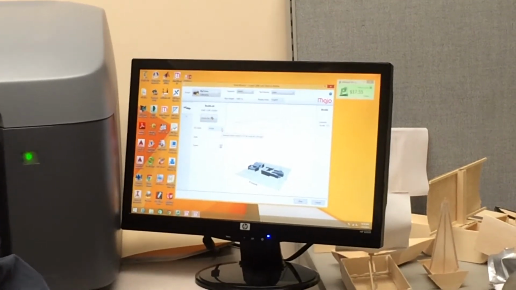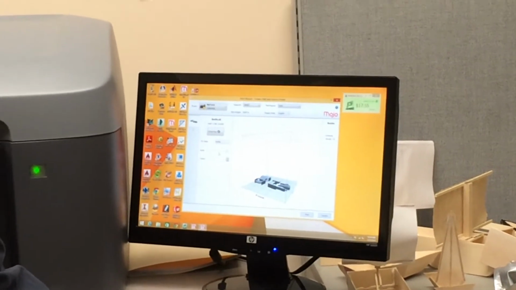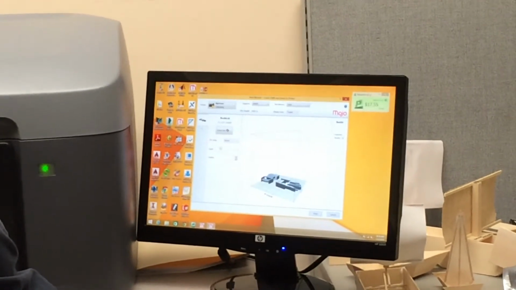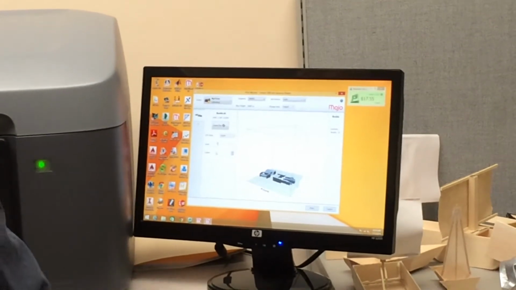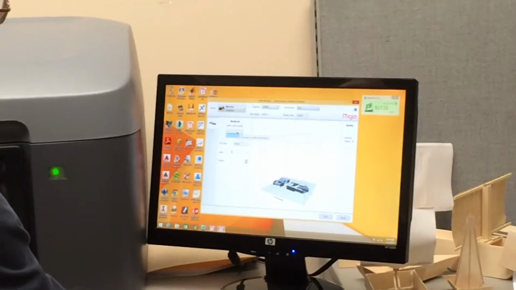Okay, you can choose your units. It happens to be in units. So you can change the scale here with the slider, or you can just type it in. I'm going to print it at 1. Okay, and then for the orientation,